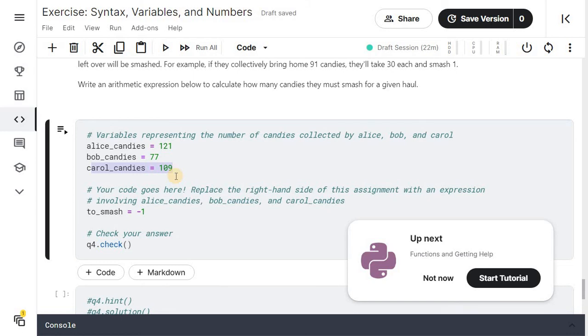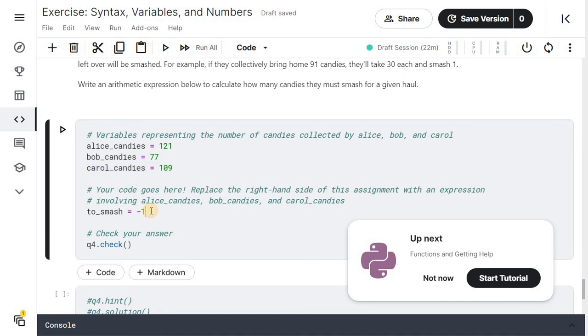Then remainder will be the number of candies which are to be smashed. Why divide by 3? Because we have to divide it into 3 equal parts.